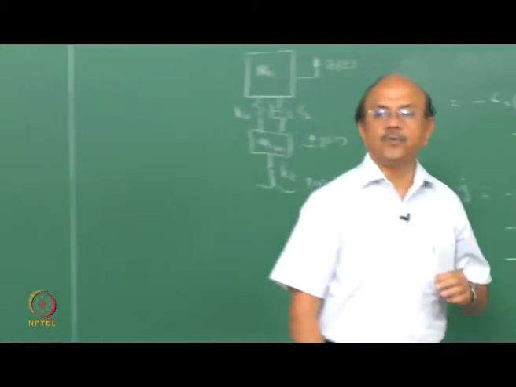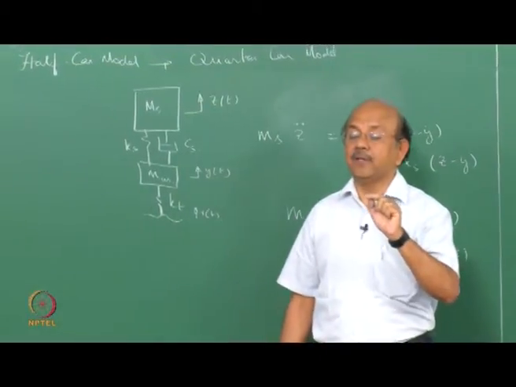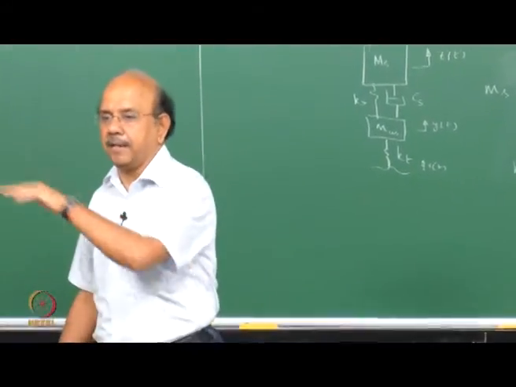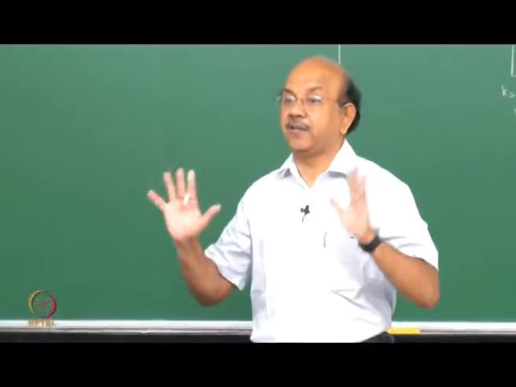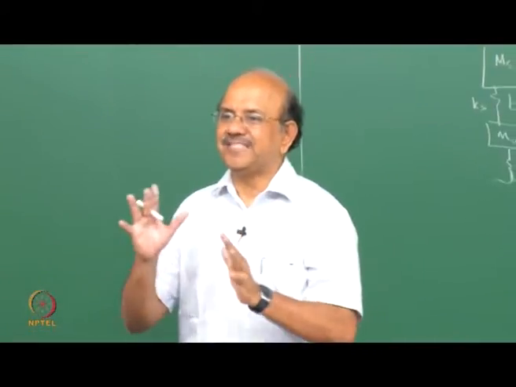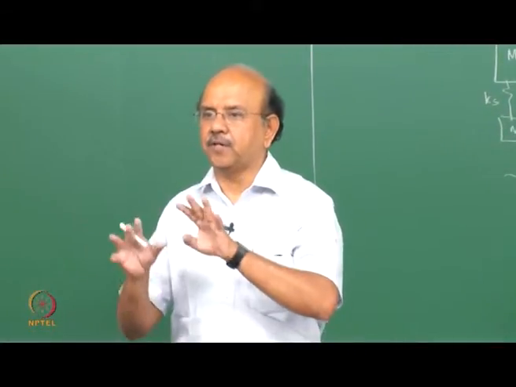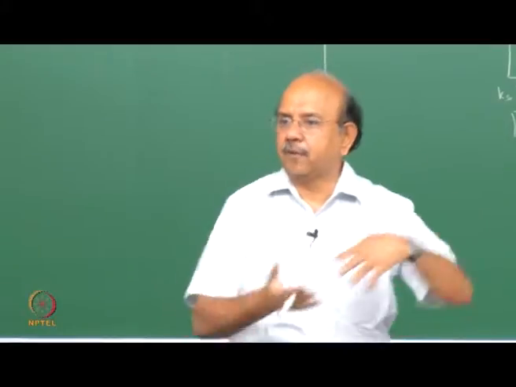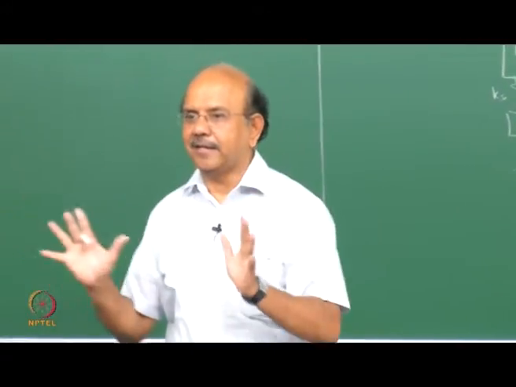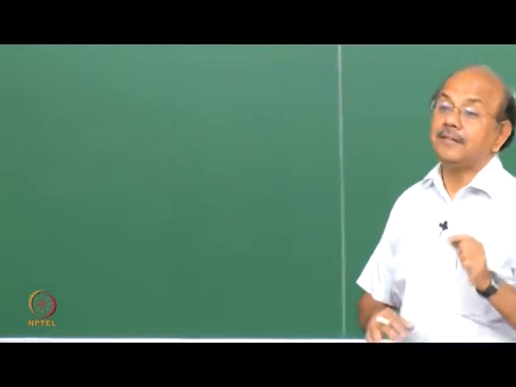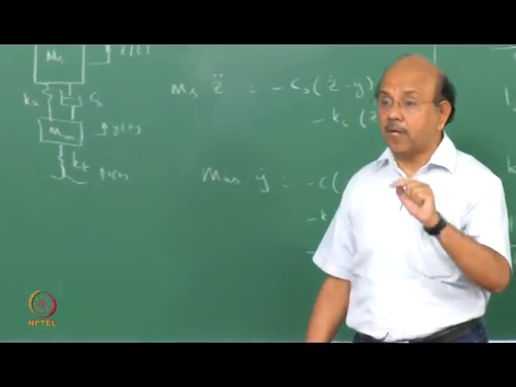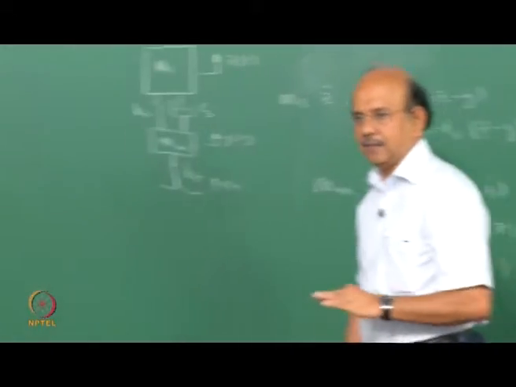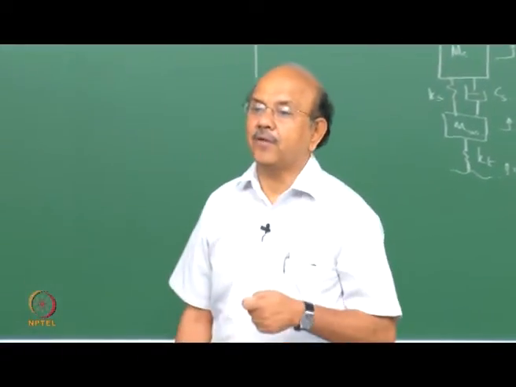So that is the beauty of proportional damping, where C is equal to, say, alpha times m plus beta times k. When I write like that, my C matrix behaves nicely, and I'm able to get very similar expressions, because C is now split into m and k. I take some of them to m and some to k, and then I get a nice matrix. If the damping is not proportional, in other words, if I'm not able to write C equal to alpha m plus beta k, which is actually the case with tires, they are non-proportional damping, then the way I have to handle it becomes difficult.